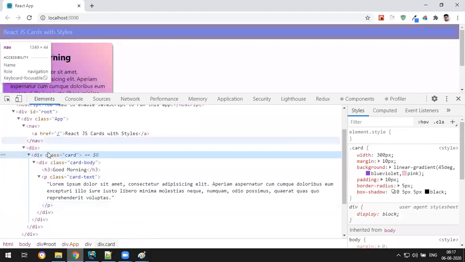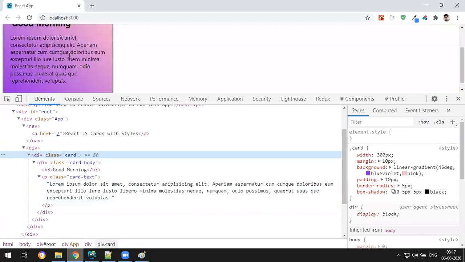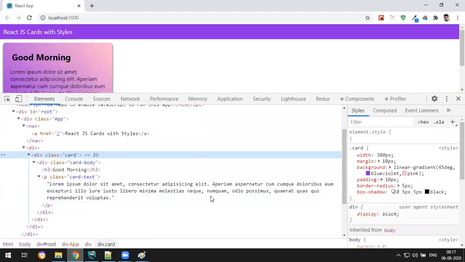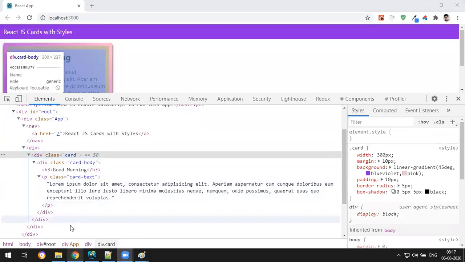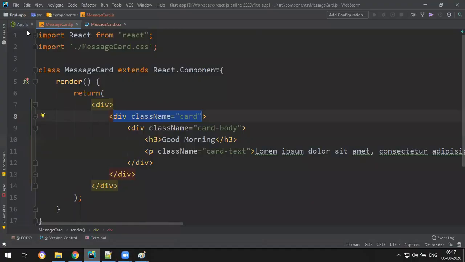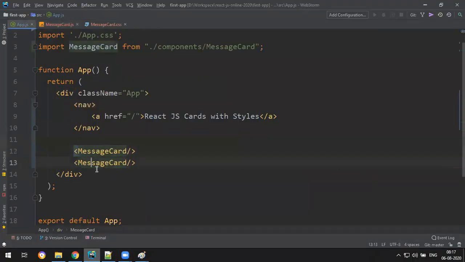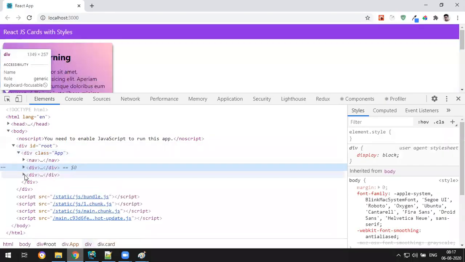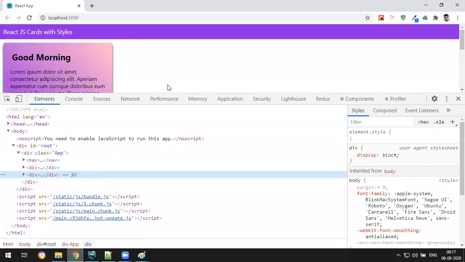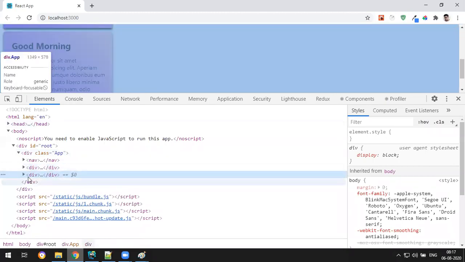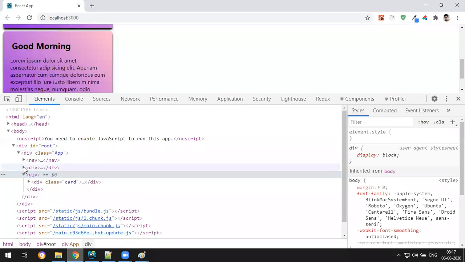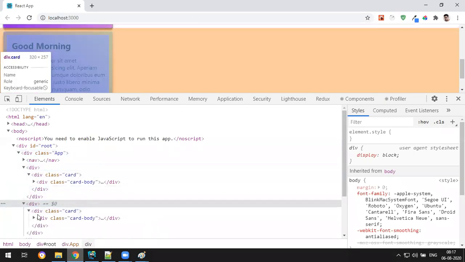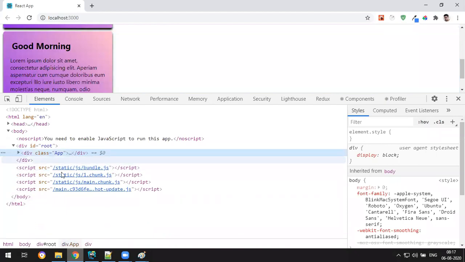And if I write the message card one more time, that will be pasted one more time. So this is one division, this is one division, this one card, this one card. Here also a card is there, here also a card is there, so two times. That's how it will be pasted.